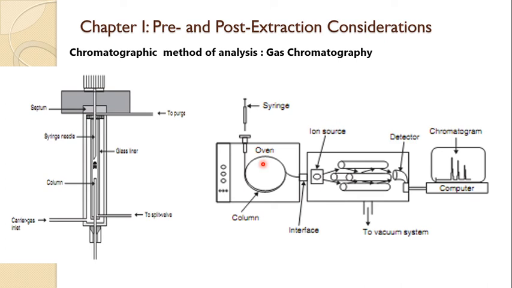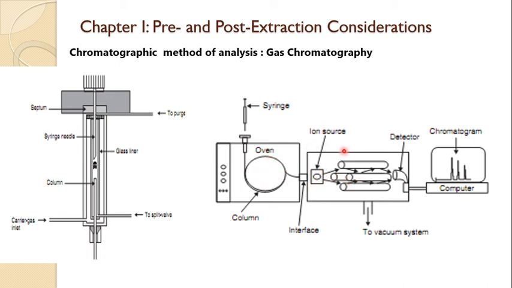In this gas chromatography, this is the oven. In that oven, the temperature program is run from 70 degrees to 120 degrees depending on the column. Here in gas chromatography, the capillary column is used. This is the interface. If you use a mass detector, the connection between the GC unit and the mass unit is the interface, and that interface maintains the temperature, because in the oven of the gas chromatograph the temperature is high. At that high temperature, the molecules come to the detector.